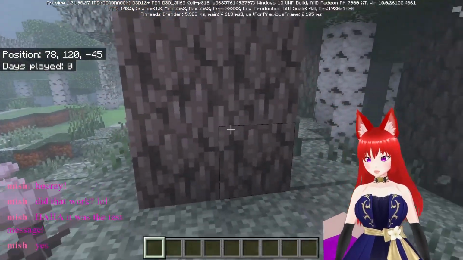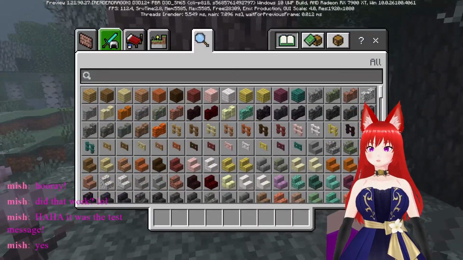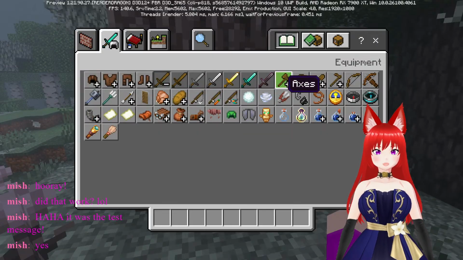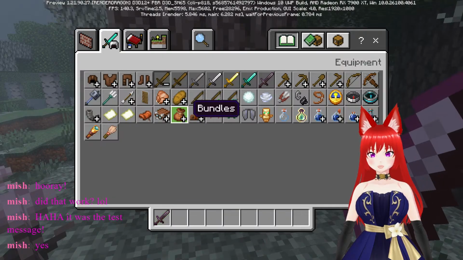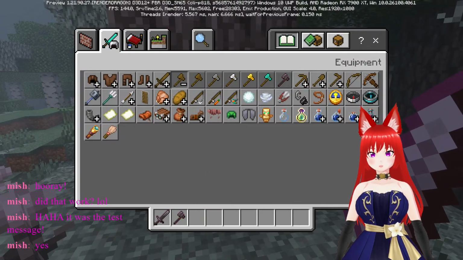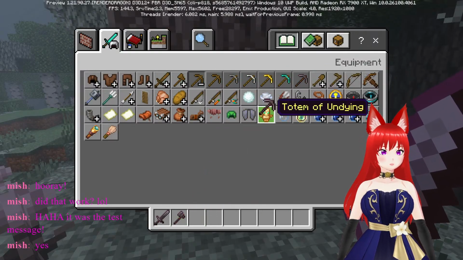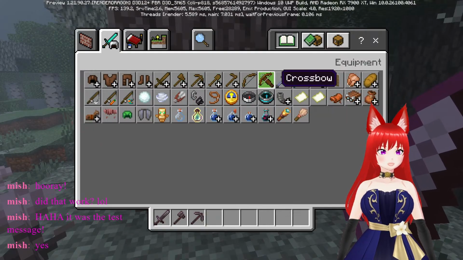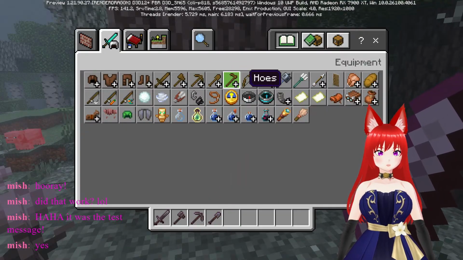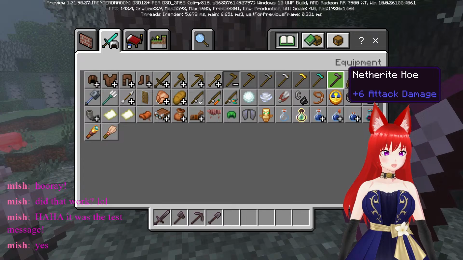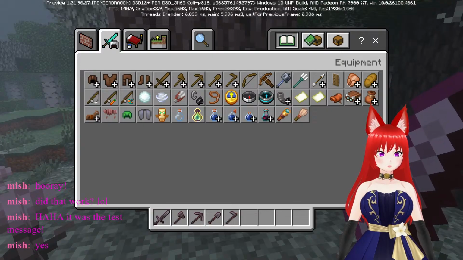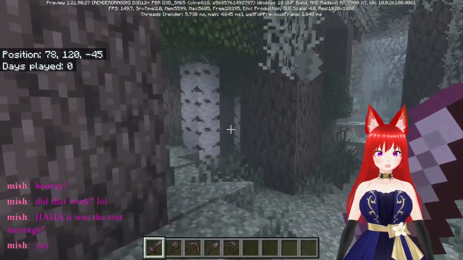Well, let's give myself a set of tools real quick. I shouldn't need it. I'll go ahead and grab a sword, and I'm just taking netherite so that they last the longest. This is just to facilitate looking around. I'm going to actually probably chop down a tree and see if I can identify why it's creaking. I think that's all I'll need. I'm sure I'll need the hoe, but